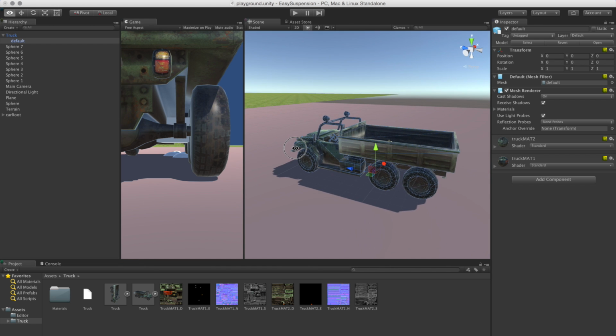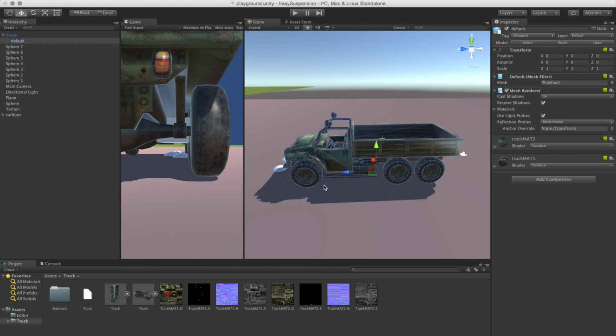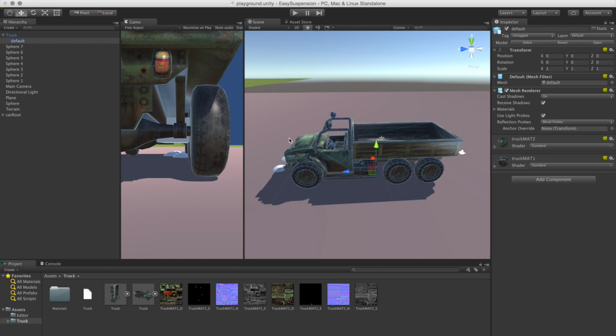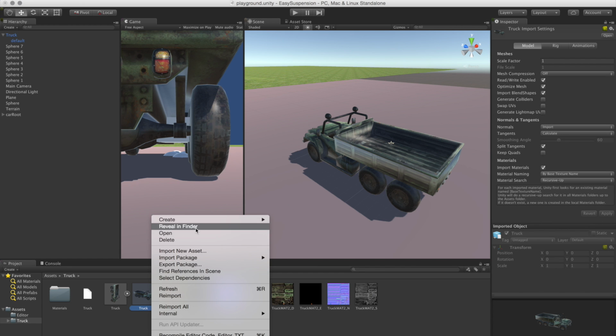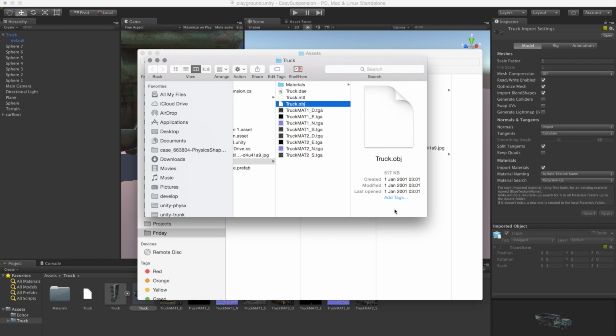That's not super cool, because we need all of the wheels to be separated from the main mesh, because we want to be controlling them. So that's not a problem, we'll just simply use Blender to separate the wheels. So now let's just simply switch to Blender and do all the required magic over there. So we select truck, we select reveal in Finder, and we open up Blender,